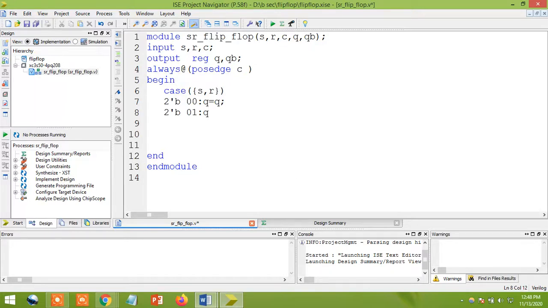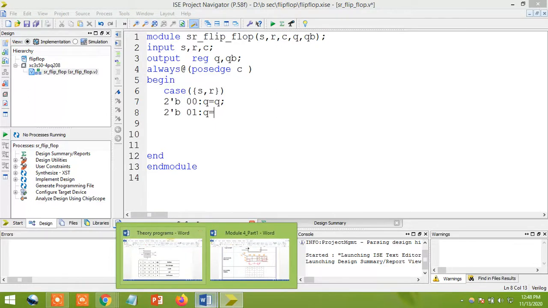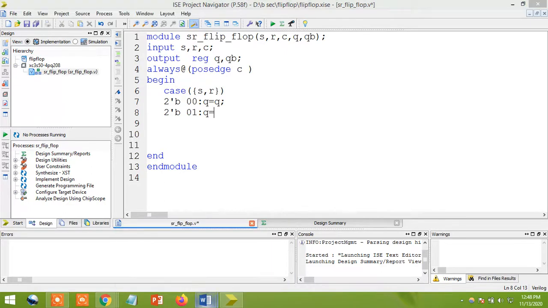What is the Q value you have? If 0 1, yeah, 0. Sir, how am I going to define my 0? That is very important. That 0 is nothing but a binary number. So here also you need to define that. So I need to define it as 1 tick, it is a binary number. The binary value I'm going to take as a 0.